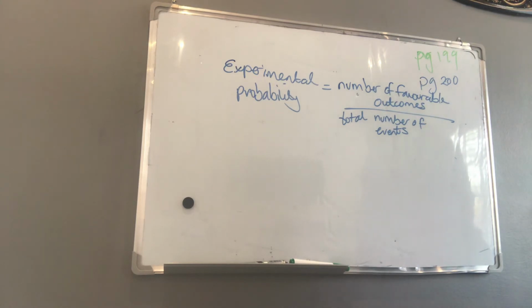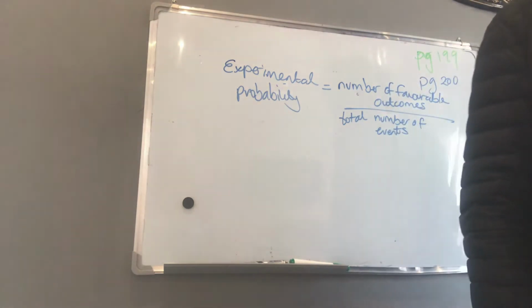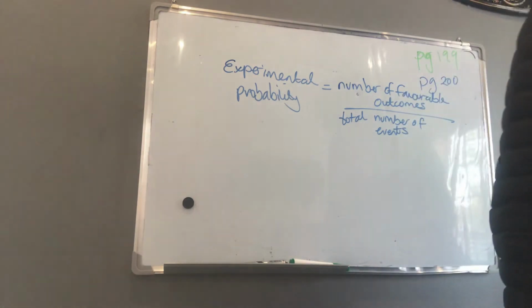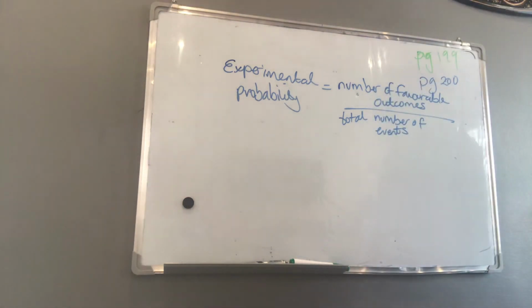The first question says, what is the theoretical probability of being tested positive using the pregnancy test? The theoretical probability is 98%, which has been given in the question. It's not being derived from the experiment which this researcher is deciding to do. Question 2 says, what is the relative frequency, the experimental probability, of being tested positive using the pregnancy test? Give your answer as a fraction and as a percentage.